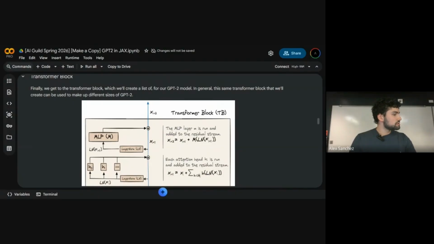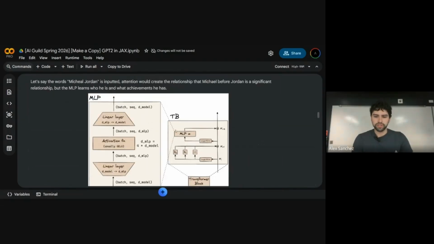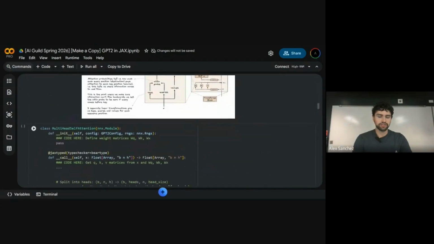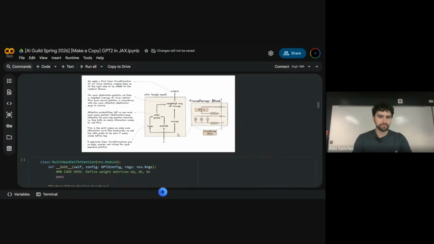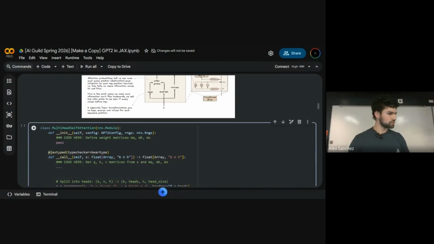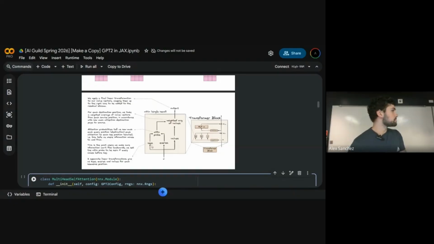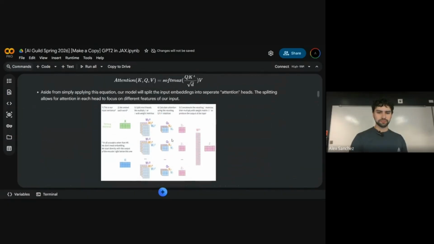About the heads, how can I visualize what the heads are? So each head is, I don't have it coded here. Do you want me to code it? It's the same thing we saw. Each head is 3 different weight matrices that we have: the query weight matrix, the keys weight matrix, and the values weight matrix. That's where we do this equation.